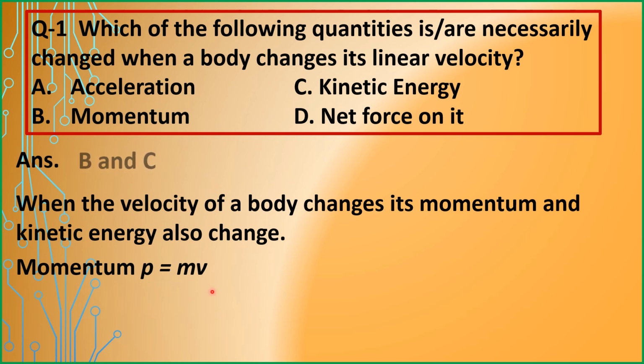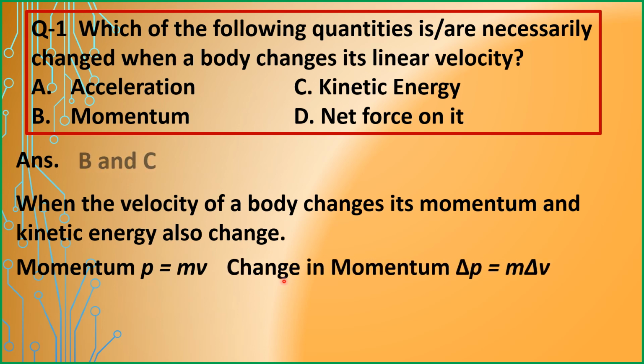And when there is change in velocity, automatically there is change in momentum. That is, delta P is equal to m delta V. Likewise,